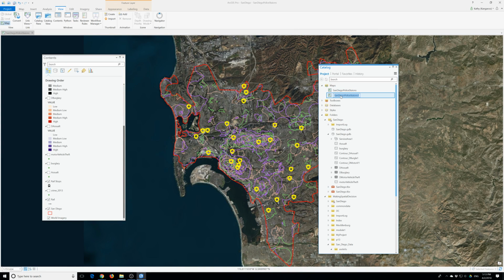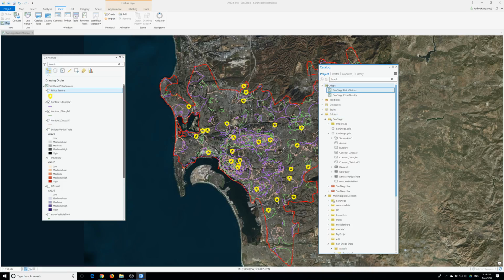Alright, so then the second map, I will say San Diego crime density. Okay, then right click on it. The contour map. I could just use the contour map again. It doesn't have the one that we can join and give us the police district. This one didn't give us police district. So I'm gonna just